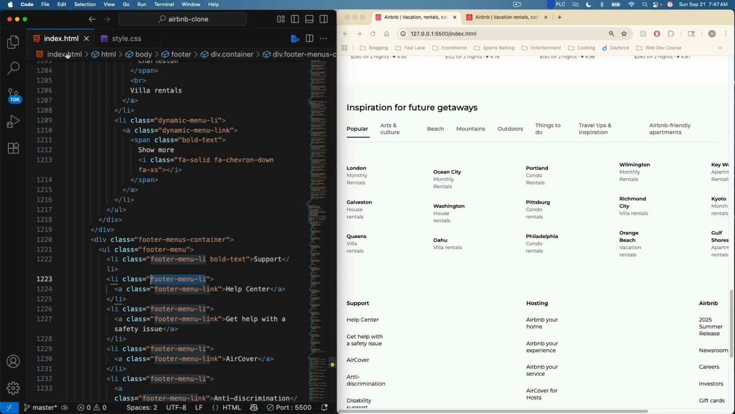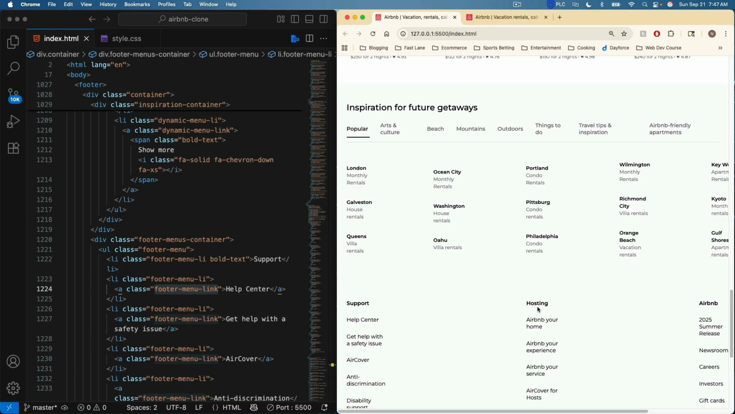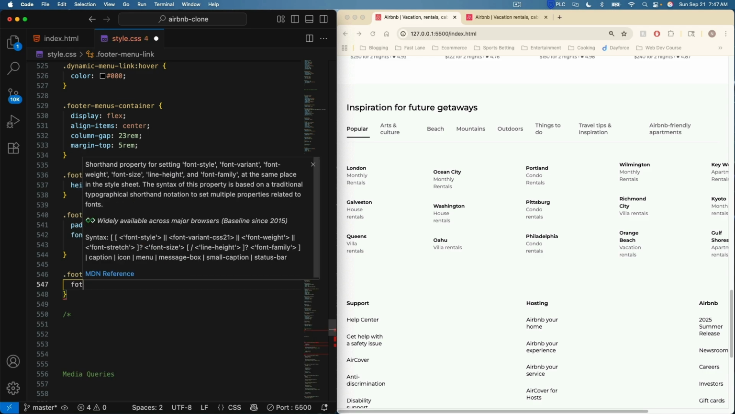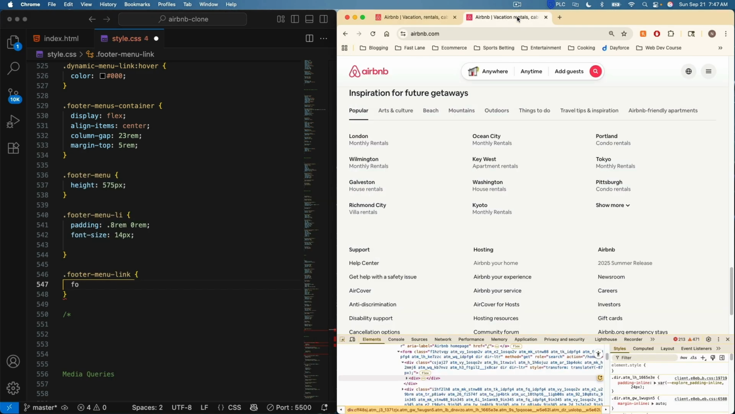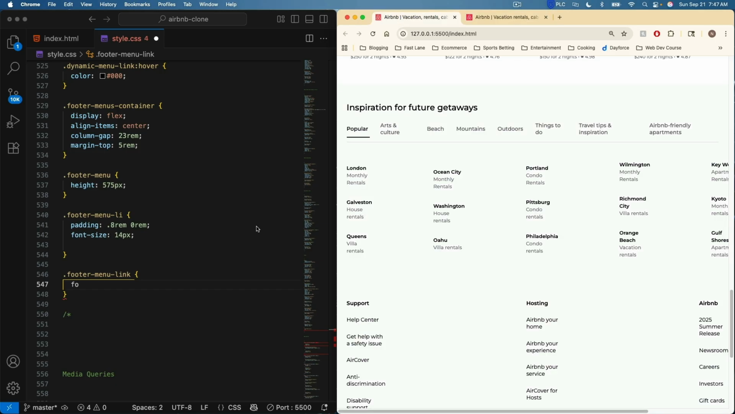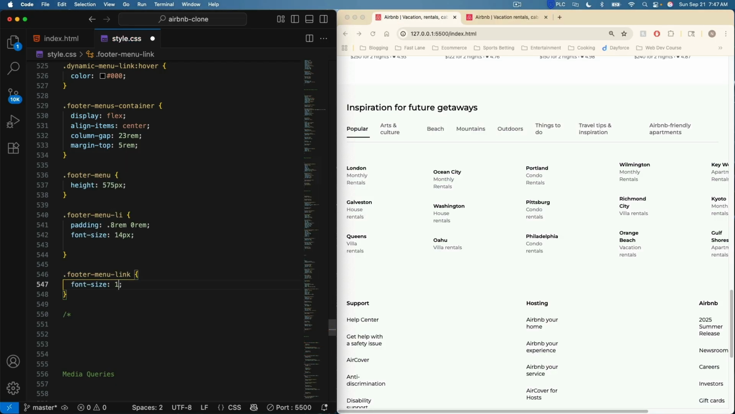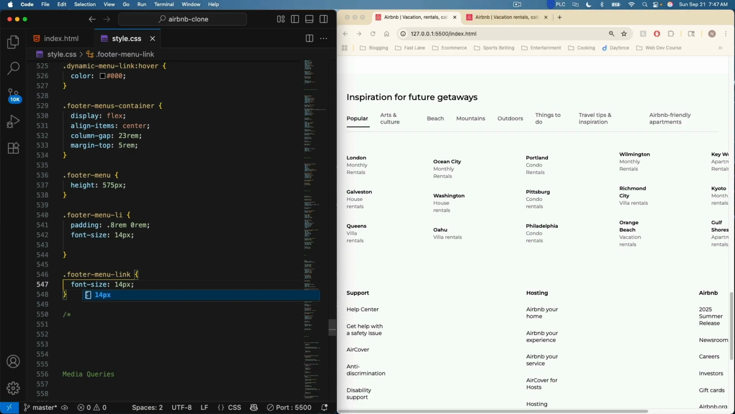And now let's grab our footer menu link, which remember underneath these are the actual links. Say .footer-menu-link, and those are also going to have a font size. Say they're a little smaller. No, they're about the same size. So font size of 14 pixels. Okay. And then when we hover them